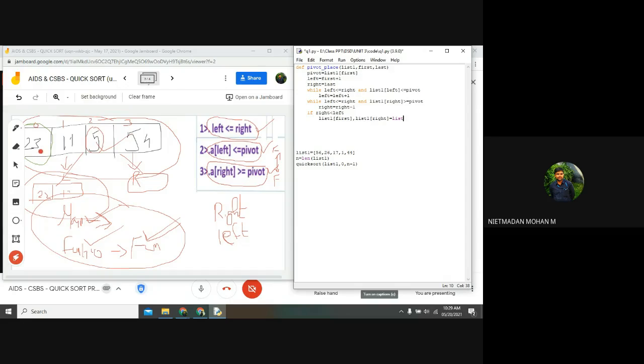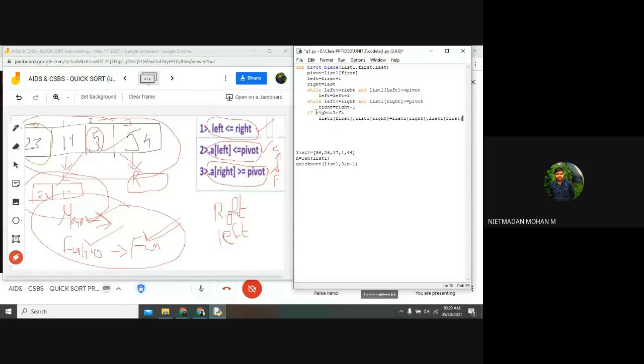If you are taking the first element as your pivot value, you want to interchange it with the right value. You want to understand the entire concept to do this program. If you understand the concept, then it will be very easy. So list one of first comma list one of right is equal to list one of right comma list one of first. That process has happened.